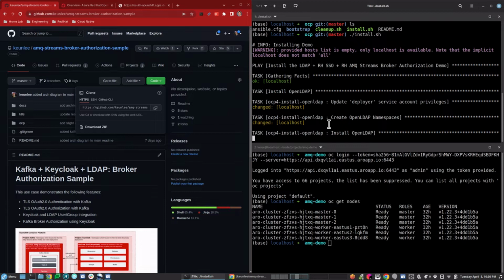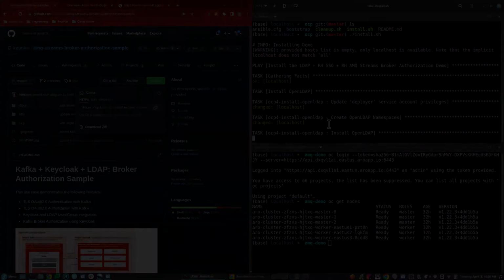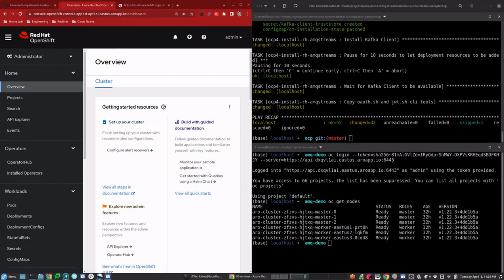And this will take a while, so we'll just speed through this, and then we'll resume when it finishes. And so, through the magic of video editing, our Ansible automation script has finished running, and we now have an